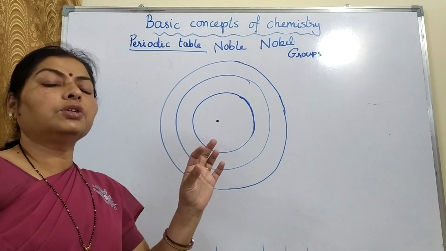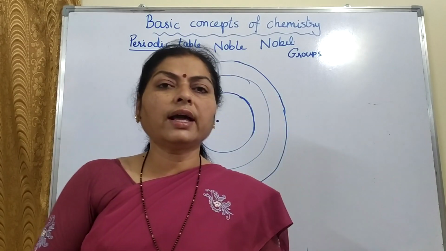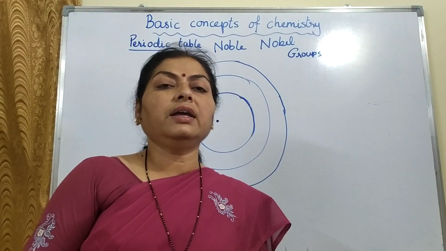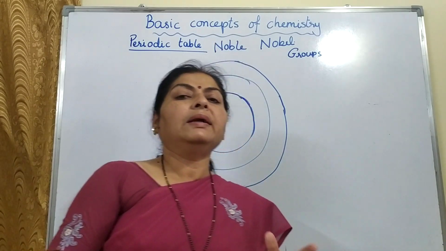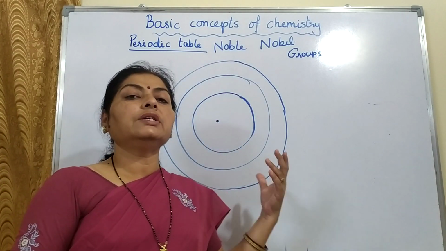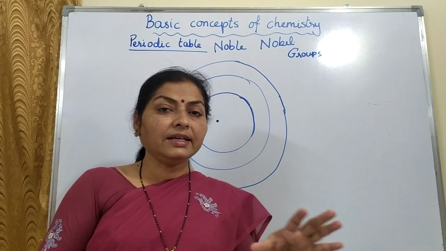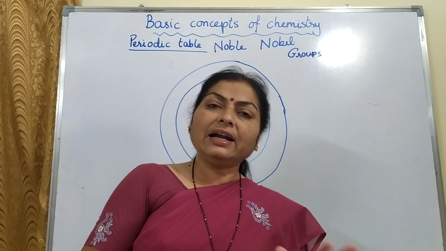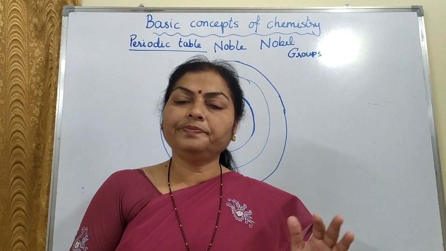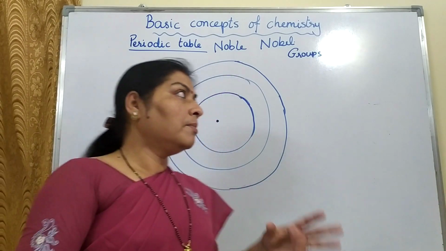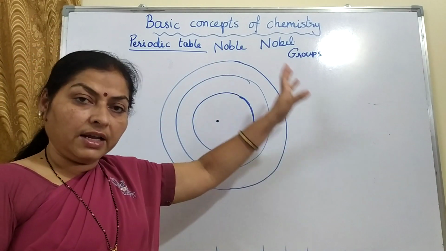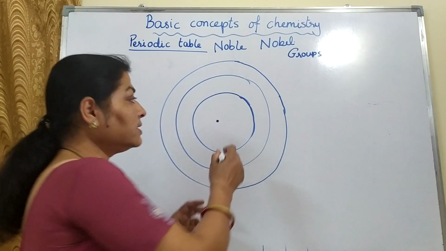Atom as such is so tiny that it can't be seen by any microscope. Its exact image can't be seen. Some scientists have tried to see the image of an atom by scanning tunneling microscope. But that too is just a blurred shadow image, not the exact atom. But still we consider atom to be spherical. There is a nucleus inside the atom.